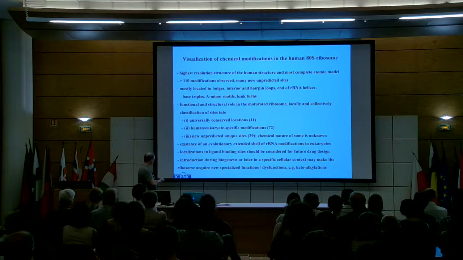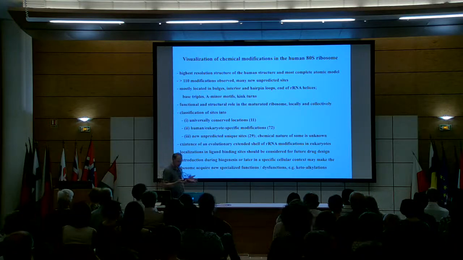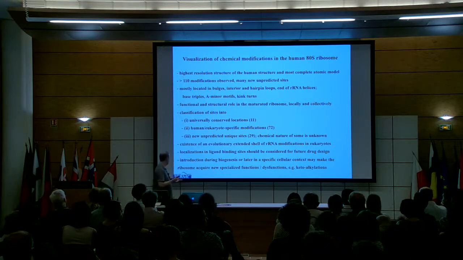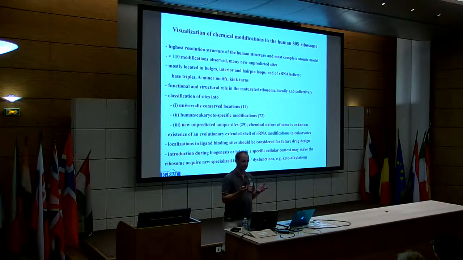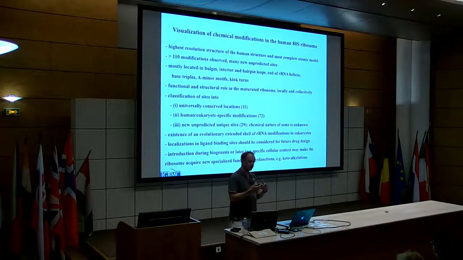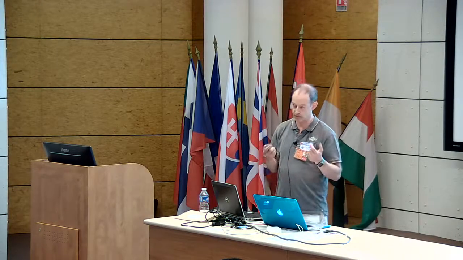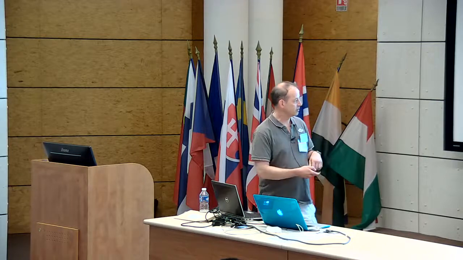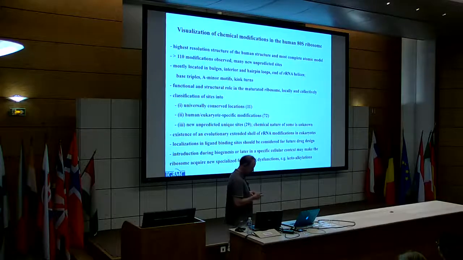And now, this is more of an outlook question. So why are they actually introduced? And what's happening during biogenesis? So they could be introduced there and they're just left over. You don't know why, so they were needed basically for the folding, for the assembly and maturation. But they could also have real roles once it's assembled. And it really looks like the second option is the right one in terms of seeing the final function and probably also the dysfunction. Because here starts the business of trying to understand the medical implications, especially with these keto modifications. All right, and